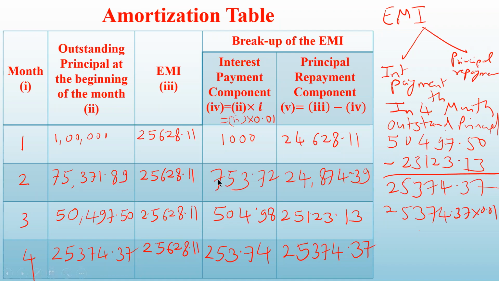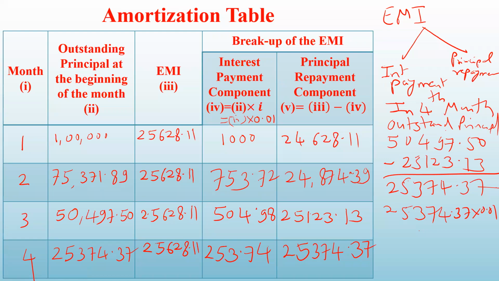Okay. So in practice, people take loans not just for 4 or 5 months. They take them for 10 years, 20 years, 15 years, like that. So this table will be very big, but in your course you will have a maximum of up to 4 months. But you have got the idea that this is the way the table is prepared. In banks and any financial institution, everything will always be computerized.